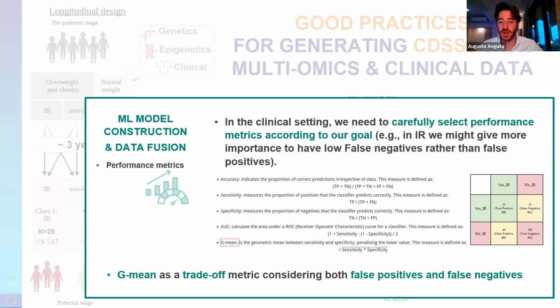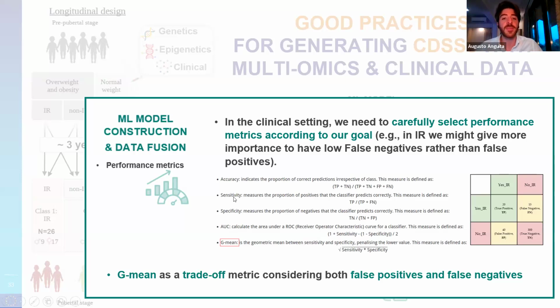But if we are predicting insulin resistance, a false positive will probably be a healthy child who will be incorporated into a healthy nutrition and lifestyle intervention. But a false negative is a kid who has the disease and will be left behind this intervention. So in this case, we might put more emphasis on detecting false negatives,